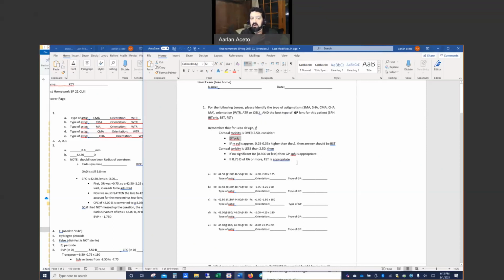If you order a bitoric from the lab and it happens to come out that the front surface happens to be perfectly spherical, nice, great. But for my purposes, it's immaterial. But I do want you to be able to answer it if you see it on a standardized test. The corneal toricity, if you have essentially a spherical cornea, anything with less than 2 diopters of CIL, give or take, if there's no significant residual, then a GP sphere is appropriate. Whatever the corneal toricity is, whatever the delta K is,